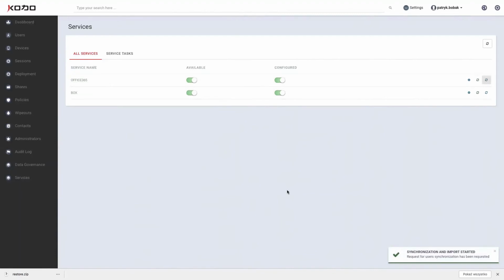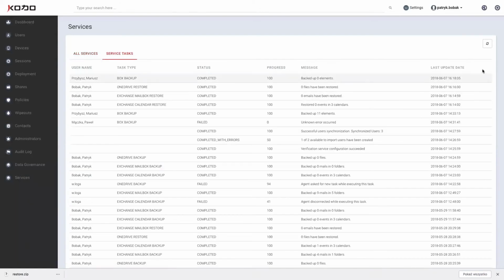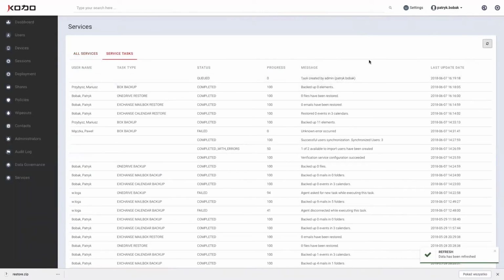So let's click Synchronize. Let's jump to Services. Let's jump to our Services tasks. Let's refresh the list. And like you see, the new task is created. It's waiting for an execution by the agent. Let's give it a few seconds. In a few seconds, we should see that this task